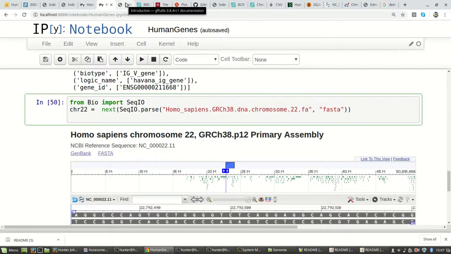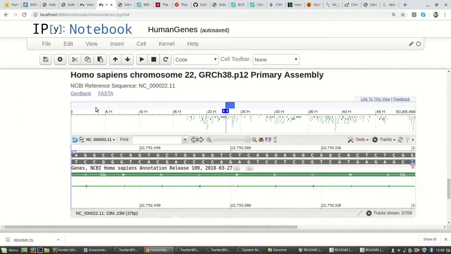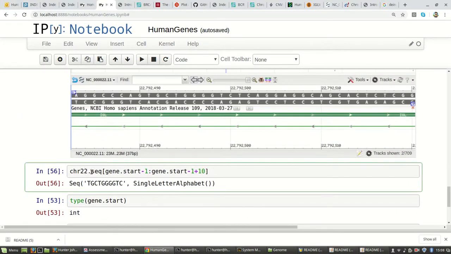I think I've closed it now. So I've got chromosome 22. This would return a generator, the stuff that I just highlighted. But in this generator, there's only one thing, which is chromosome 22. So what this next function does is it gets the next thing in a generator. You know, generators vomit things up one at a time. So this just gets the next one, which is the first one, which is the only one, which is chromosome 22. And so now I have a handle on that. And I can do chromosome 22.sequence,